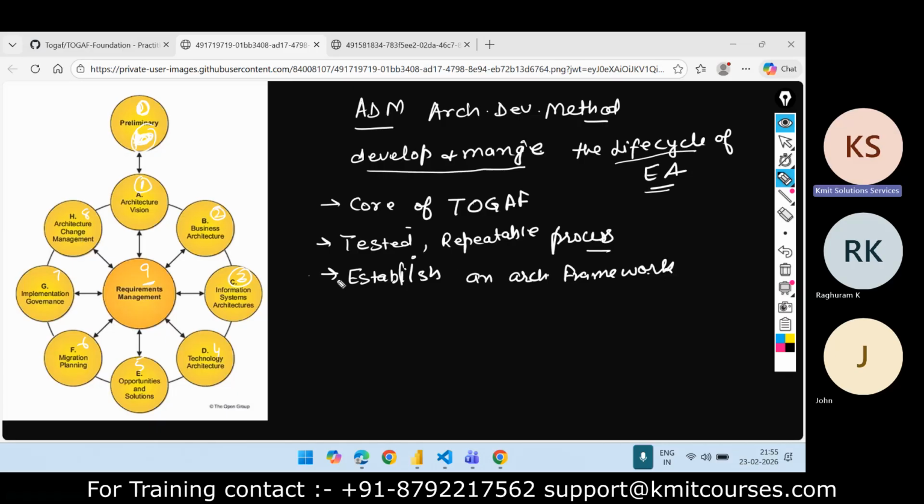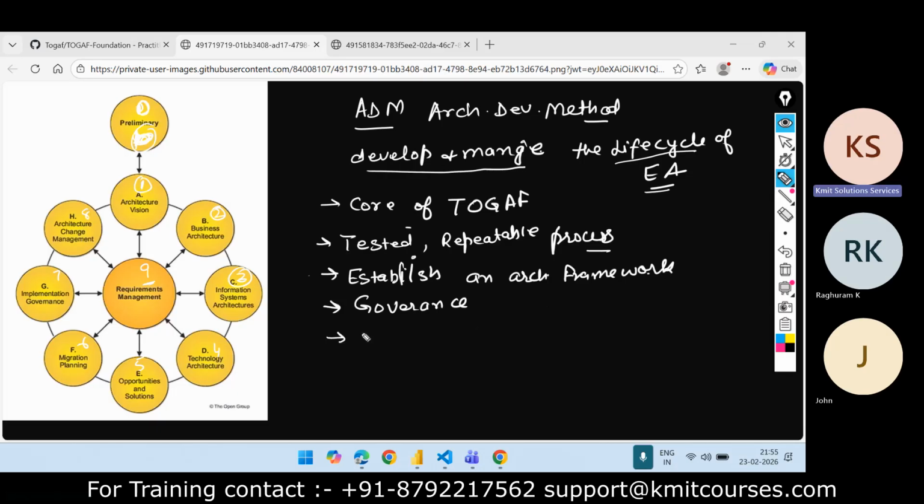With the help of that, we can define the governance, whether it is in your baseline architecture, transition architecture, or future state architecture.